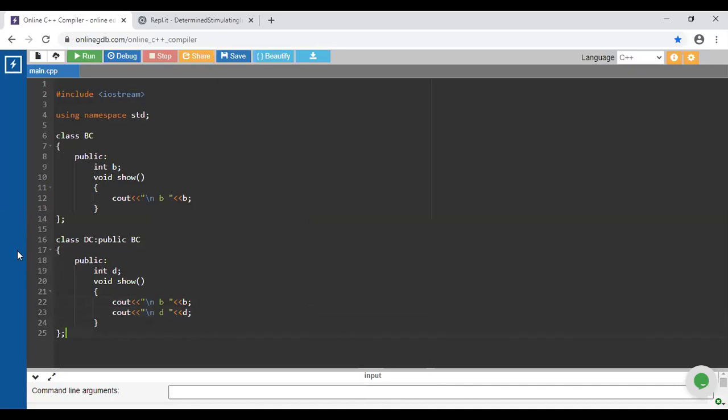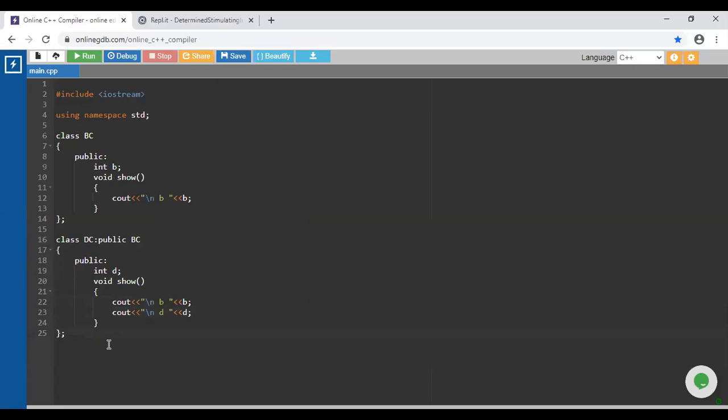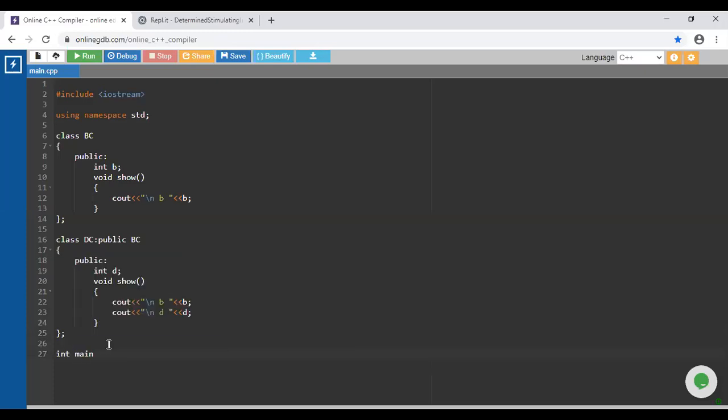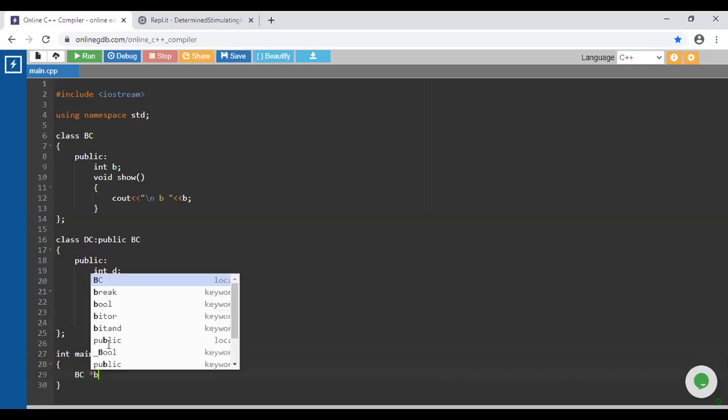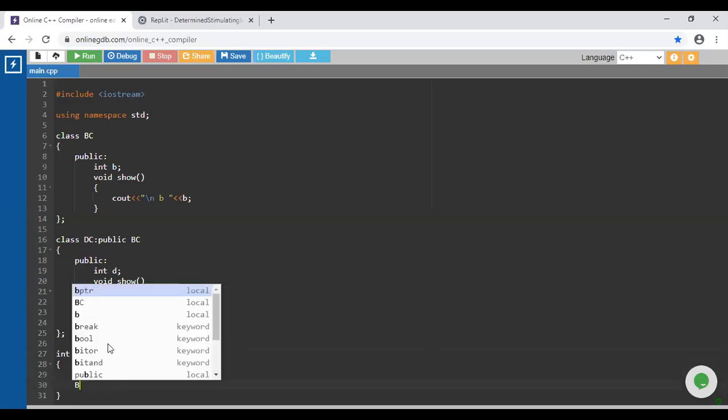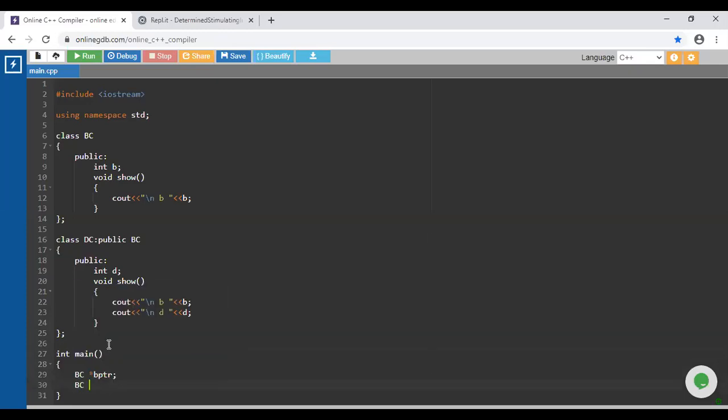So we have done with two different classes. Now just try to provide the calls from the main function. What is the first one? We have to create the pointer variable for the base class. We have created that one. Next, we create the normal object for the base class.